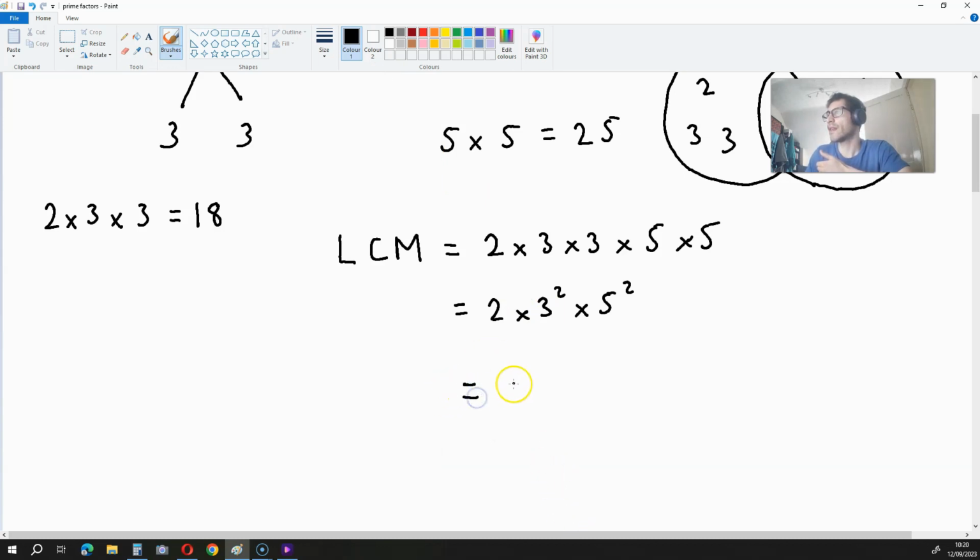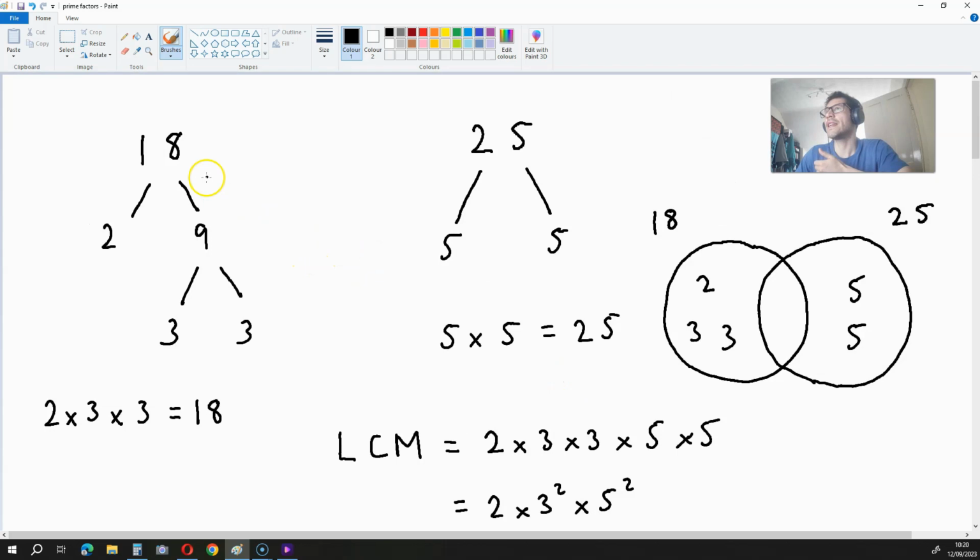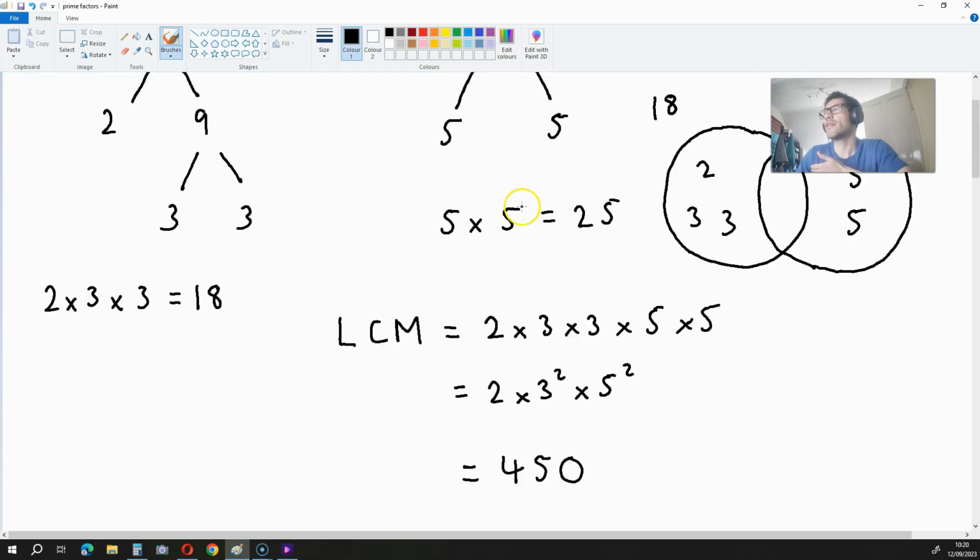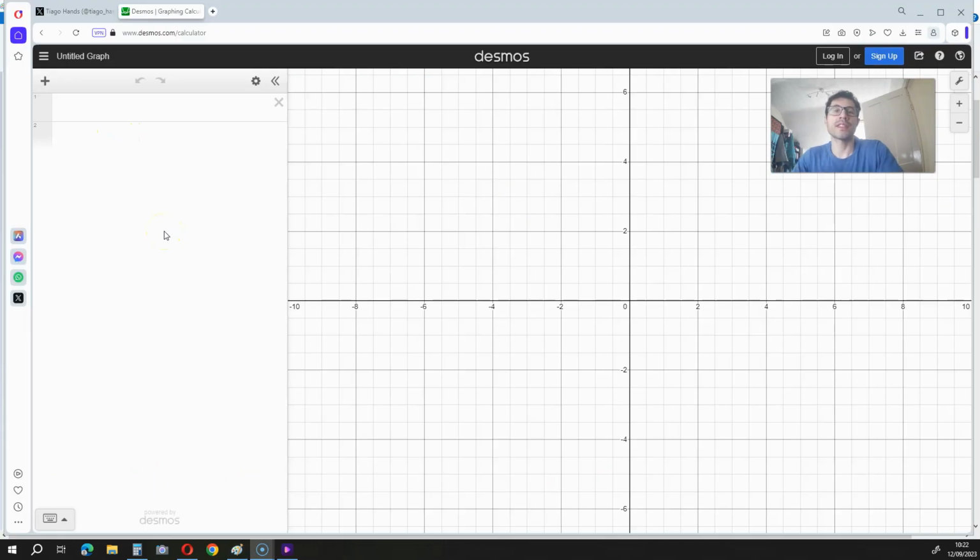Okay, so the lowest common multiple of 18 and 25 is 450. If you are not satisfied with your calculator result, what you can do is visit an application like Desmos